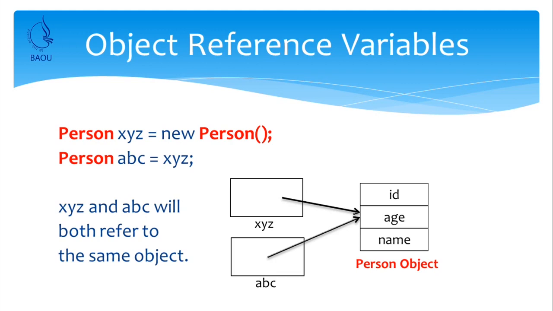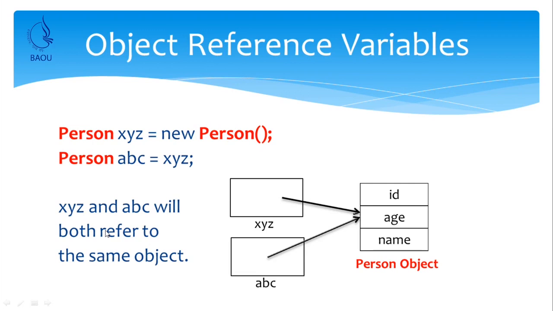As shown on screen, since xyz is already created and it is assigned to xyz, when you write abc is equal to xyz, it will not create a separate copy of this object, but it will only point to the object where xyz is pointing. So, either xyz or abc is the same thing whenever I write abc is equal to xyz.